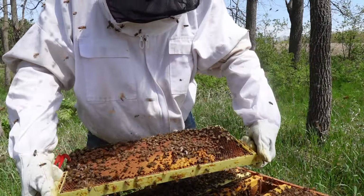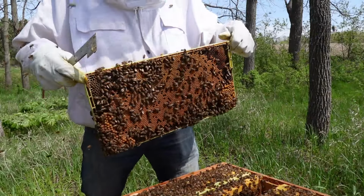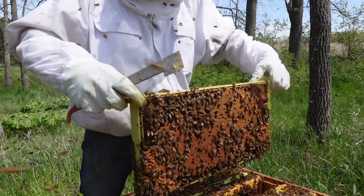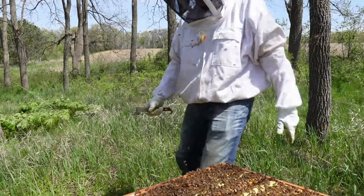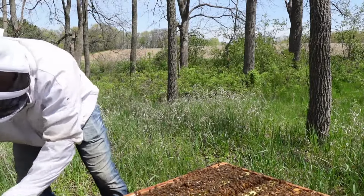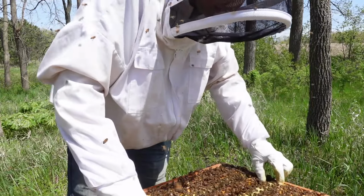But I get it. All right, well, we probably have enough here to do probably another split. Move these boxes around. All right, so I'll pull from this hive as well. I still have 2 boxes over there to go, but